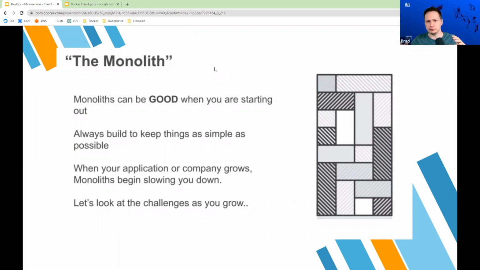All the code is put together in a single repository. You build it out, you get a single artifact, and you deploy that. All your different services are part of this monolith, this big giant piece of code, right? So they're pretty good when you're starting out, but you run into a lot of problems, and that's what we're going to get into.